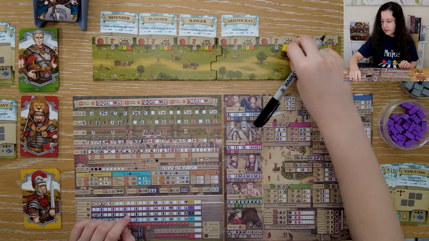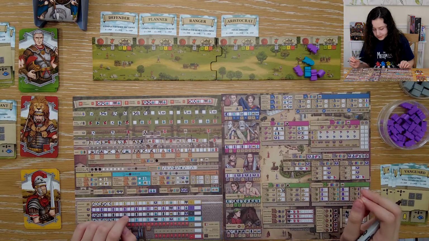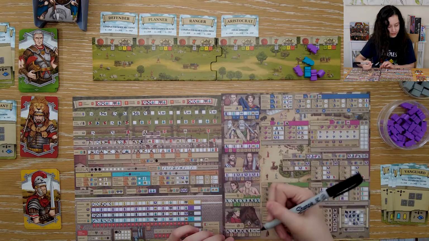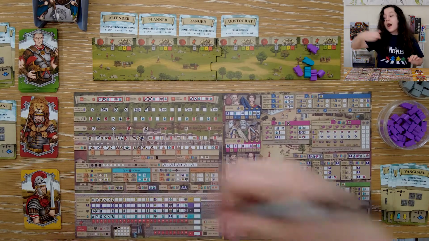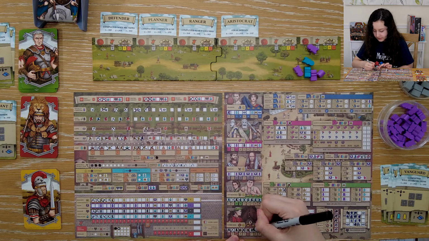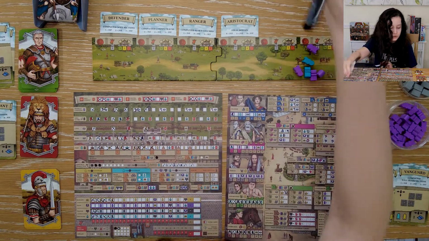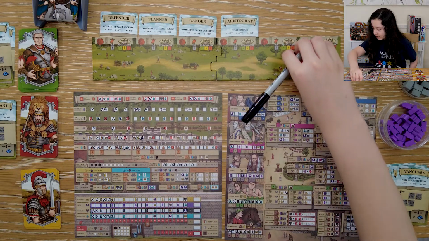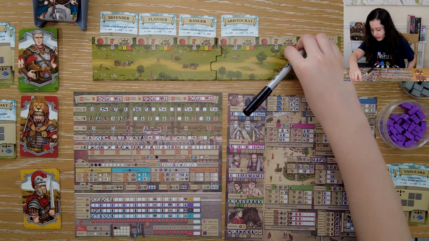I get a civilian. Let's see. I think I'll move up on the patricians again. That gives me a renown, which gives me another citizen. And with that citizen, I'll move up again on the patricians, which gives me a soldier. I think I will,